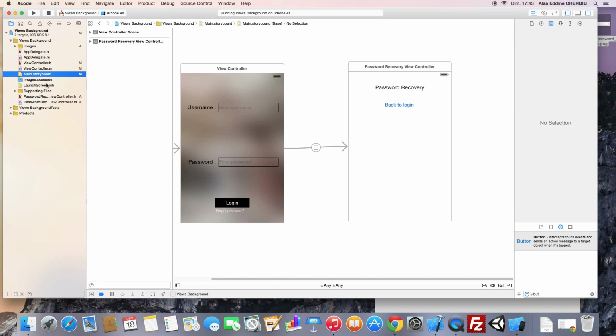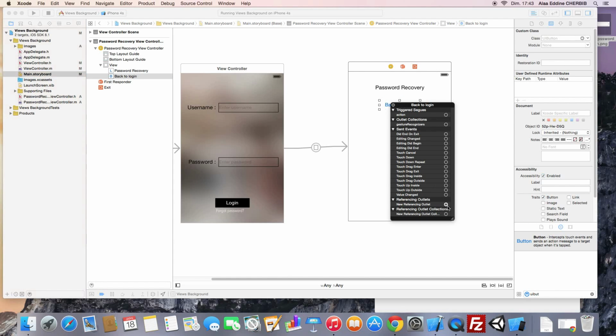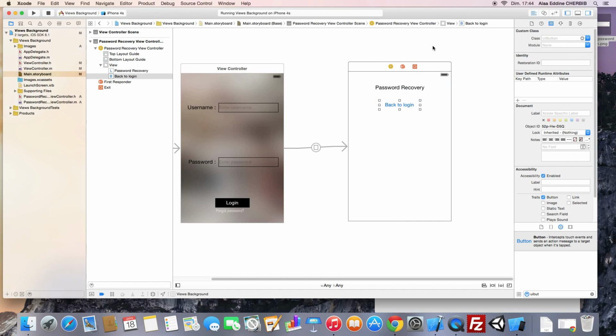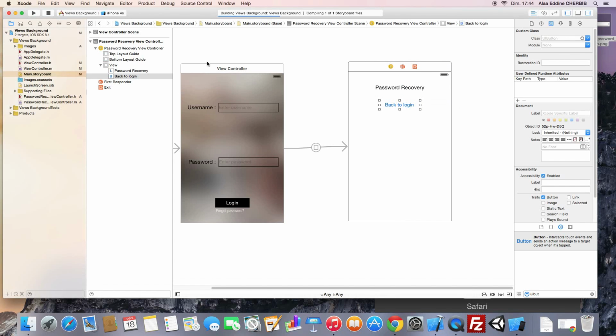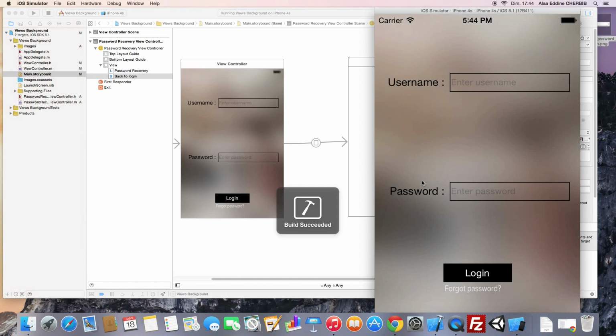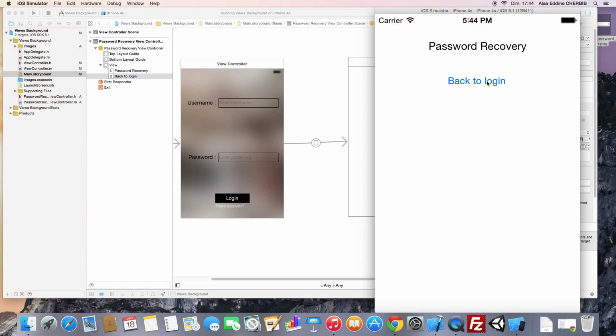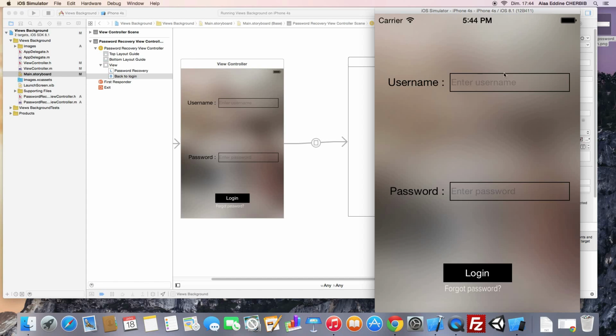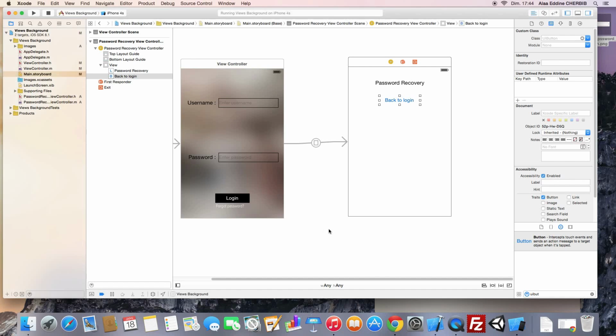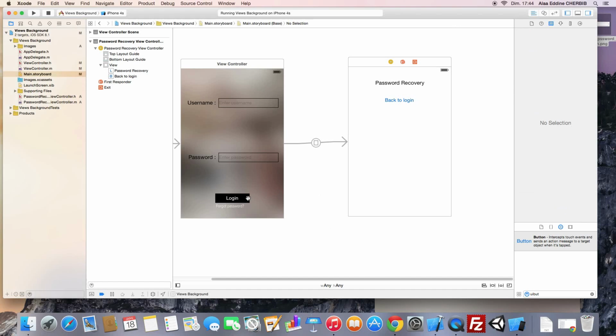Go to the storyboard and add the action to the button, always on the touch up inside. This is the go back. Okay. Now when we click on the forgot password, we can go back to the login screen. Now we will do the segue programmatically